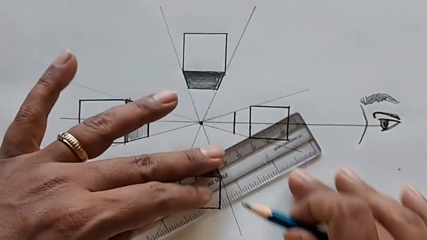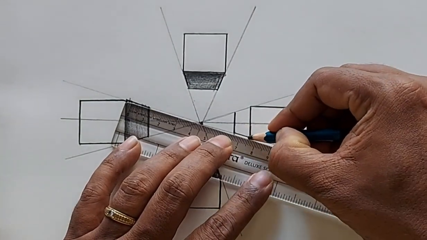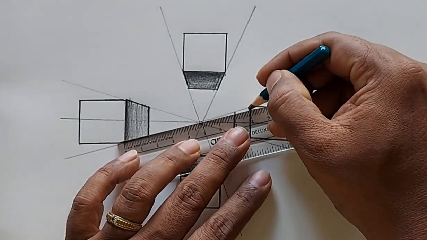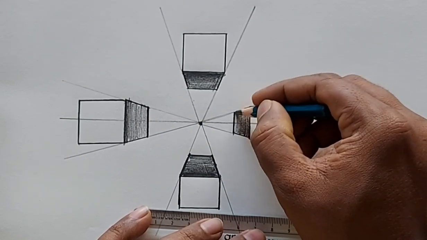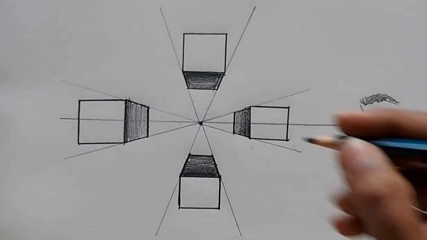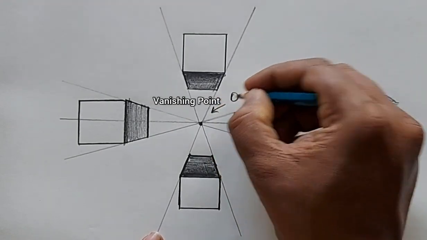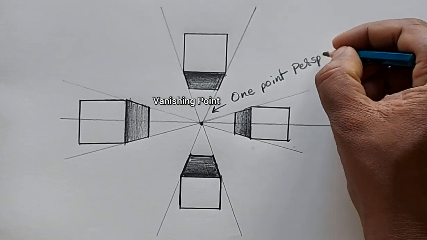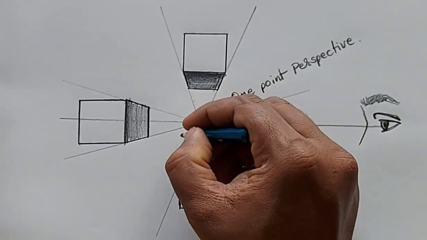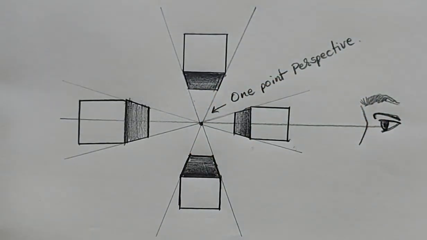On your paper, draw out your horizon line and place your vanishing point in the center. Draw in your perspective lines if necessary. You may need to lower yourself to the eye level of the flat surface in order to visualize your object in perspective. Draw the object as you see it in one point perspective.